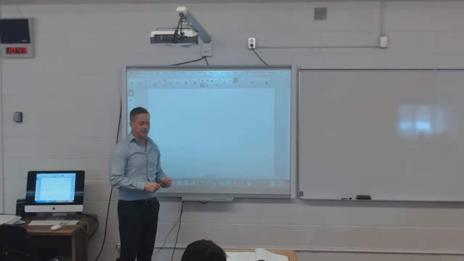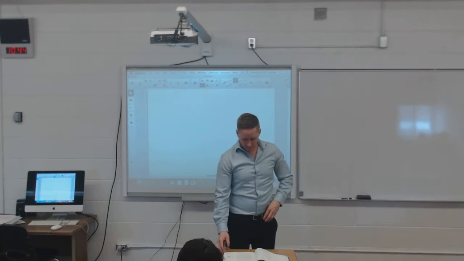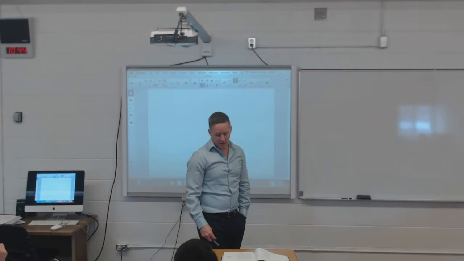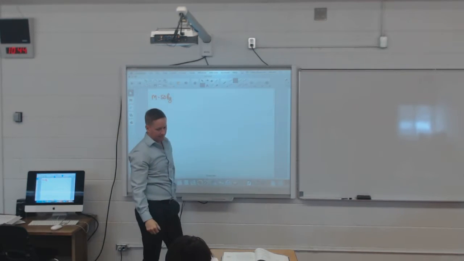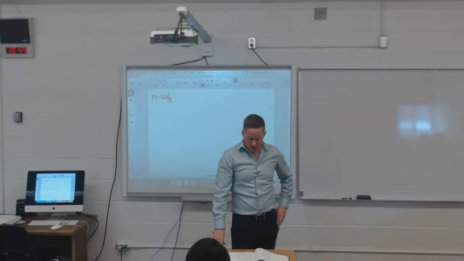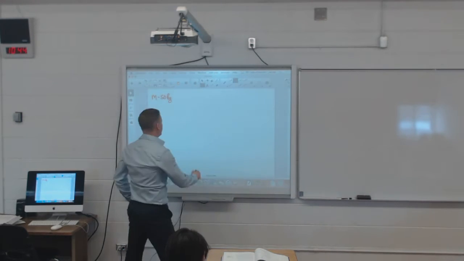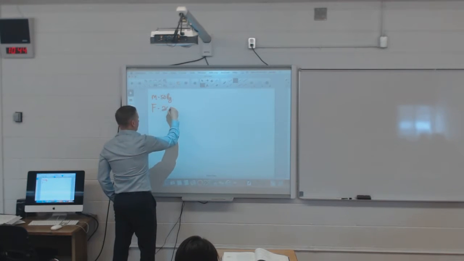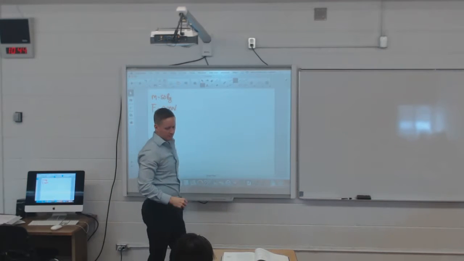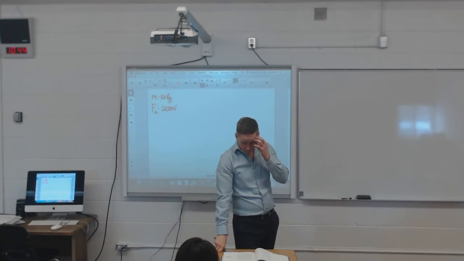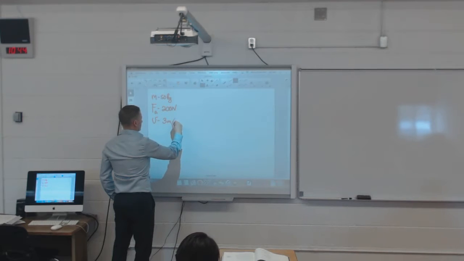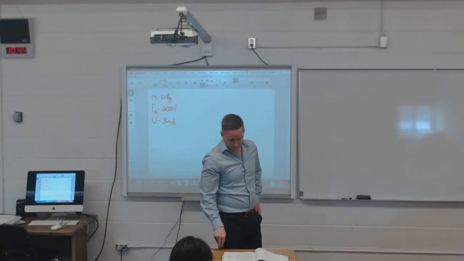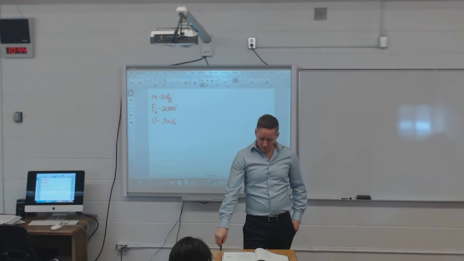This section is actually quite easy until you get into your vectors. A baby carriage with a mass of 50 kg is being pushed along a rough sidewalk with an applied force of 200 newtons, and it has a constant velocity of 3 meters per second. What other force is acting on the carriage, and what is the magnitude of that force?